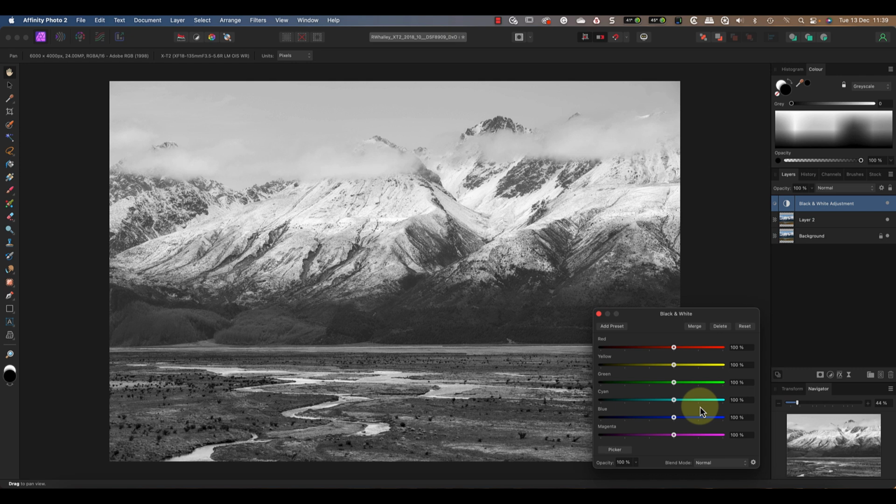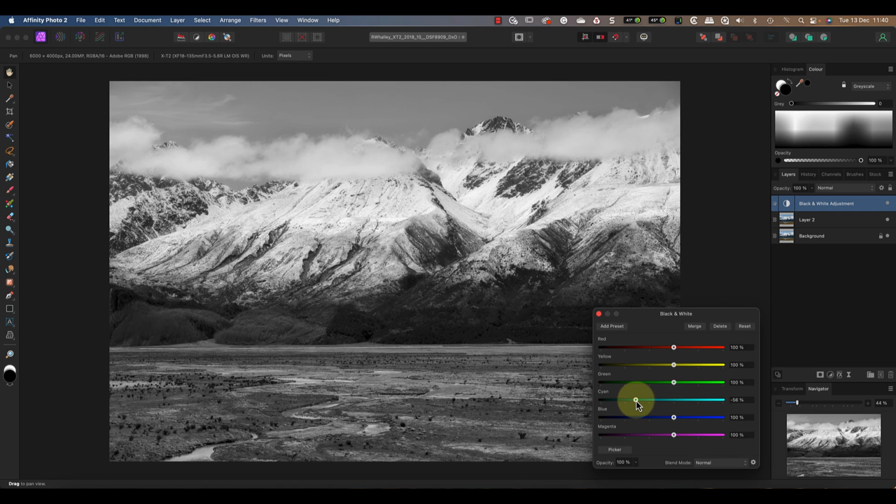You see, I don't use just one layer, but instead I add 2 or more layers to the image. To get the best from this image, like a lot of landscape images, we need to convert some areas differently to others. Let's start by converting only the sky and mountains to black and white. To do this, I'll move the cyan slider to the left. This produces a nice level of contrast in the mountains without losing any detail. Next, I'll move the blue slider to the left to darken the sky and mountains, but to a lesser degree.